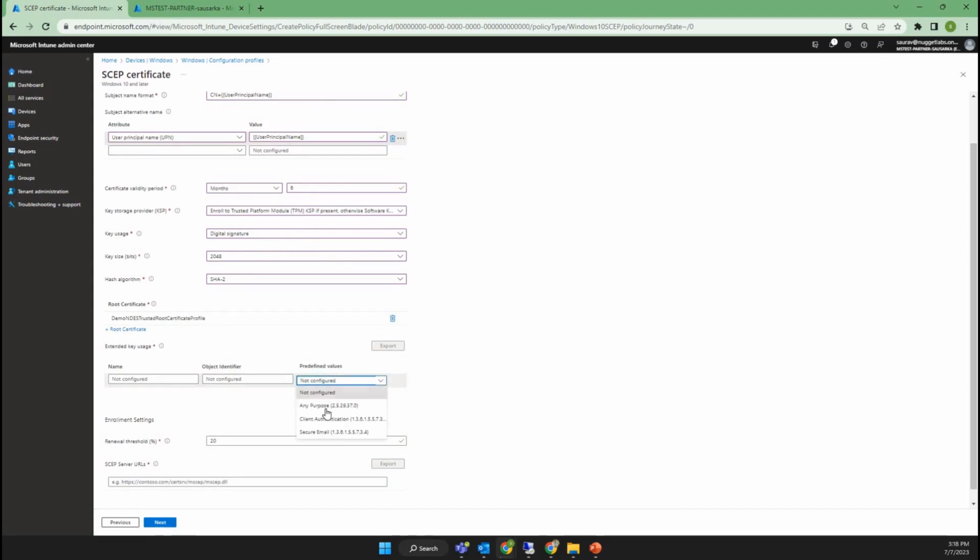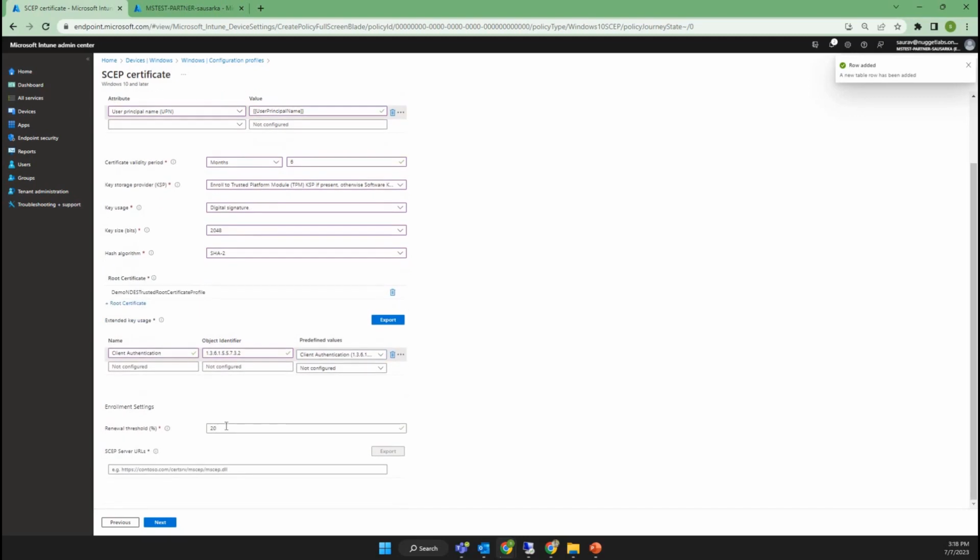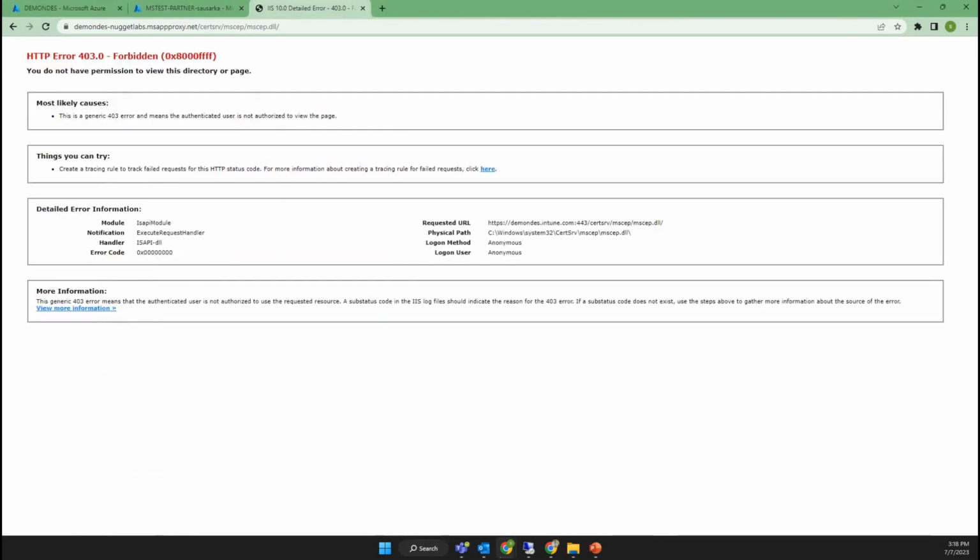In the predefined values, my certificate is going to be used for client authentication. Therefore, I'm going to select that. The renewal threshold is 20%, and this is where I enter the SCEP URL. So this URL is going to be that of the Azure App Proxy. And this is my URL, the demo